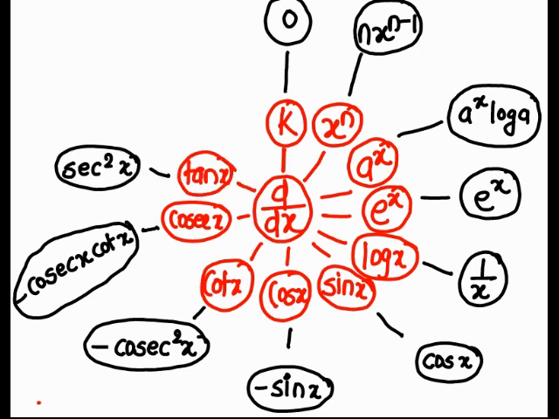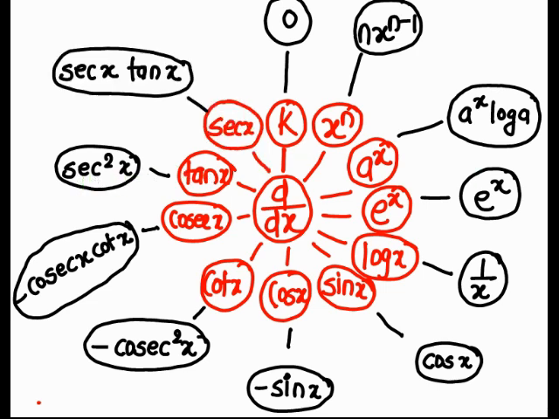Derivative of tan x is sec square x. In a similar manner, what will be the derivative of sec x? If we take 1 sec x here, we are left with sec x and tan x. So obviously the derivative of sec x is sec x tan x. So this is the basic concept.